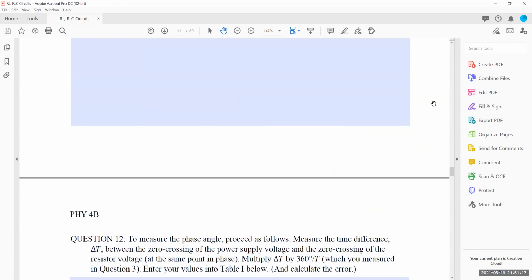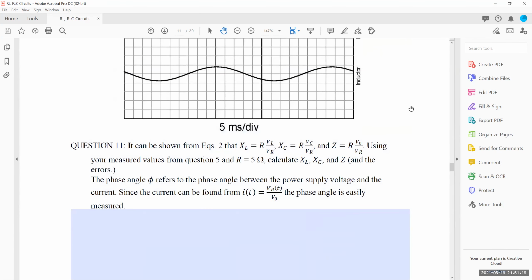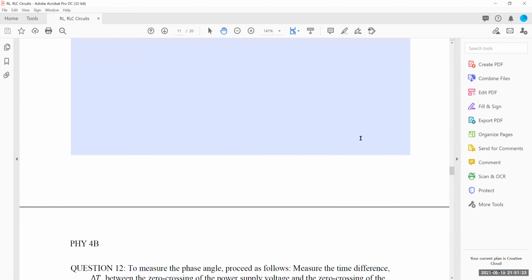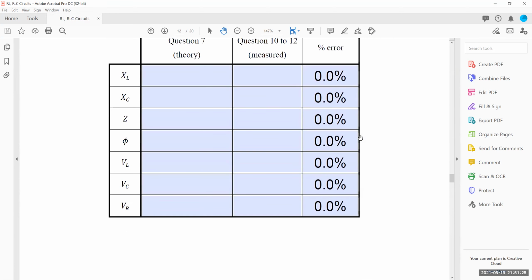And finally, Z should be R times V naught over VR. And you have V naught now. V naught is the one that you measured, which is about 10 volts, times VR times R should give you Z now. So you have all of the experimental values based on your observation, based on your measured values from